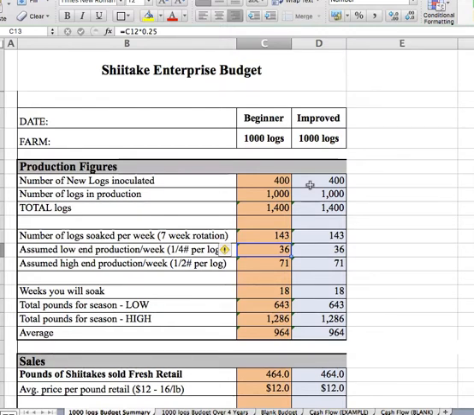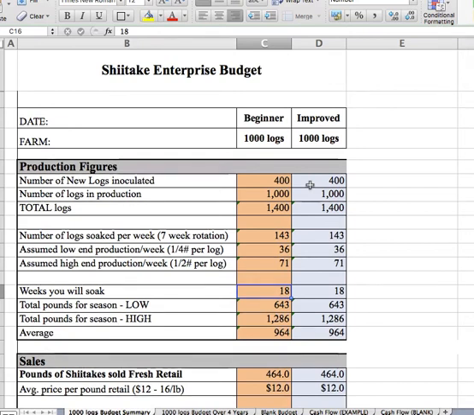Of course, some of those logs are going to produce more than that, and some will produce less. So it gives you kind of a sense that at this rate, you might be talking anywhere between 35 and 70 pounds a week. Then you can choose in here how many weeks you're going to soak. In this example, we're talking about